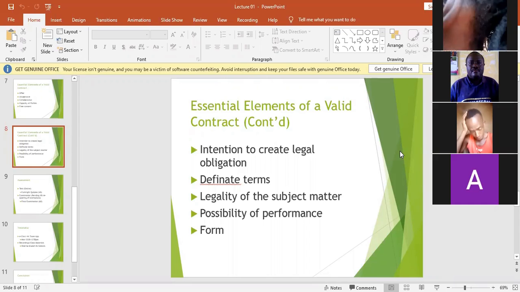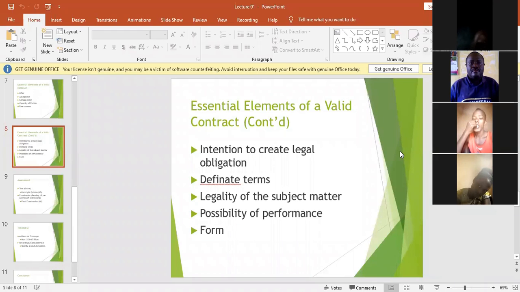Then another one is misrepresentation, another vitiating factor. Misrepresentation also means wrong representation. It means the person who has represented you wrongly. Like you are going to enter